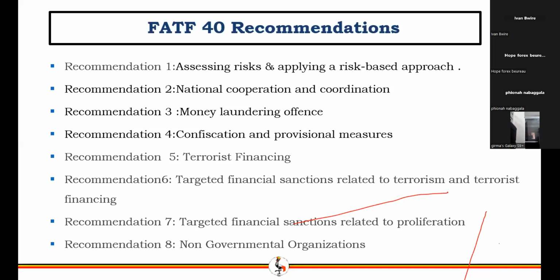These FATF recommendations are the benchmarks they use to assess whether we have adhered to each one of them. As you see, confiscation and provisional measures, here they assess whether we have sufficiently provided this in our laws, which we have. And this explains why we have amendments here and there, because there are different gaps that were highlighted by the FATF in our laws that we needed to close. So we keep amending to ensure that our laws adequately provide for what FATF says, since we are going to be assessed on them.